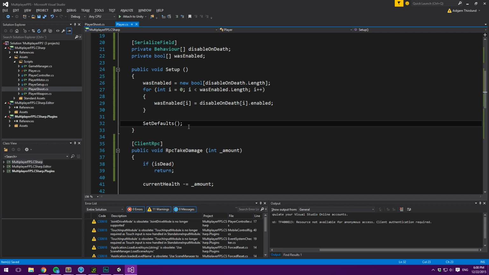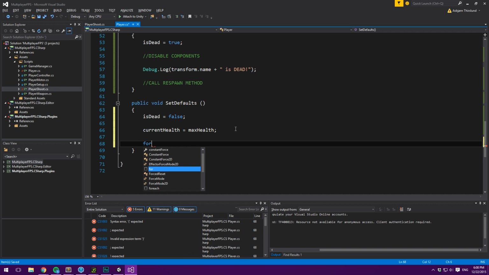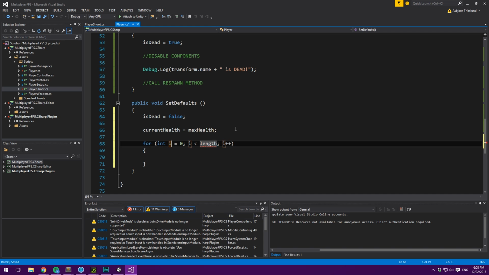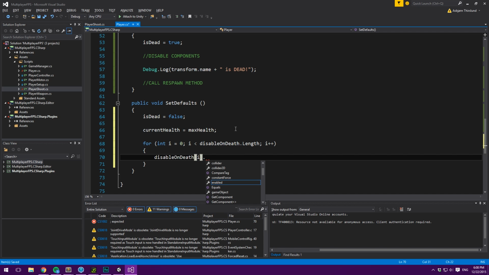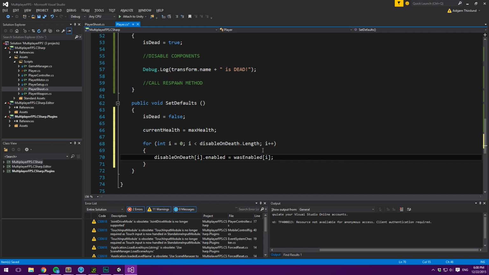And then we go on to setting the defaults here. And I'm going to want to have a look at the defaults method. So in here, we of course want to set isDead equal to false. We're also going to want to say for, and again, we can use this shortcut here. So int i equals 0, and then disableOnDeath.length. So we want to loop through that. And we simply want to say that disableOnDeath[i].enabled equals wasEnabled[i],